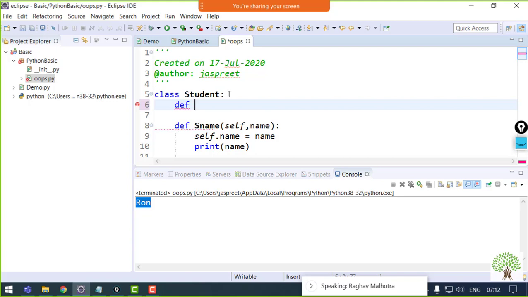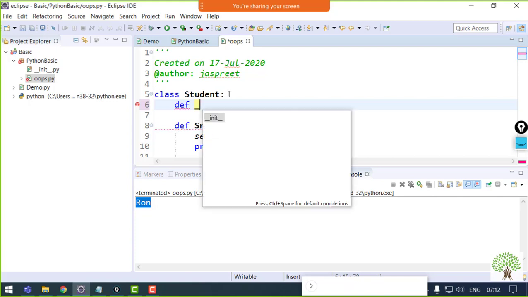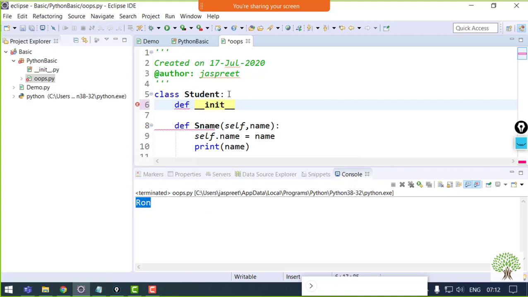Okay. So as I was talking about constructors, in Python the constructor has a name already defined, with its meaning defined in the Python library, and that is double underscore init double underscore. Fine. If you change the name of this constructor to anything else, this will not remain the constructor anymore.